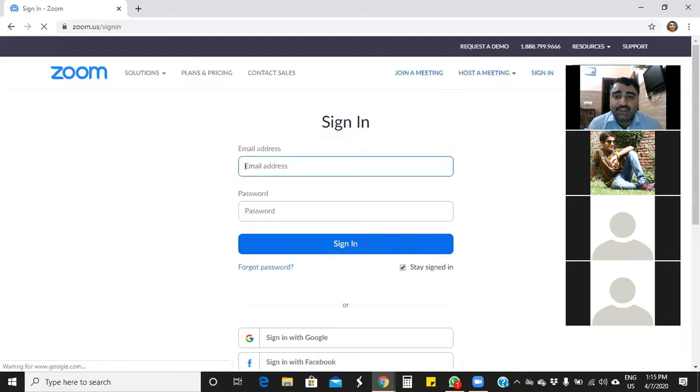So you have to enter your registered email ID and the password which you created while registering yourself on your Zoom account. After doing all this, you will get your personal meeting ID, the same one that was shared with you by email. You can share the same meeting ID with your students. After that, you need to schedule your class. So how can you schedule your class?